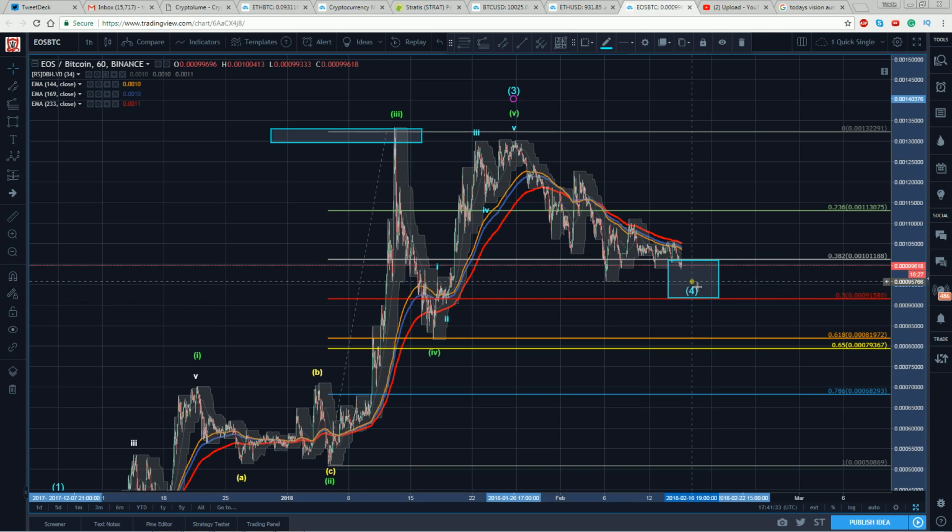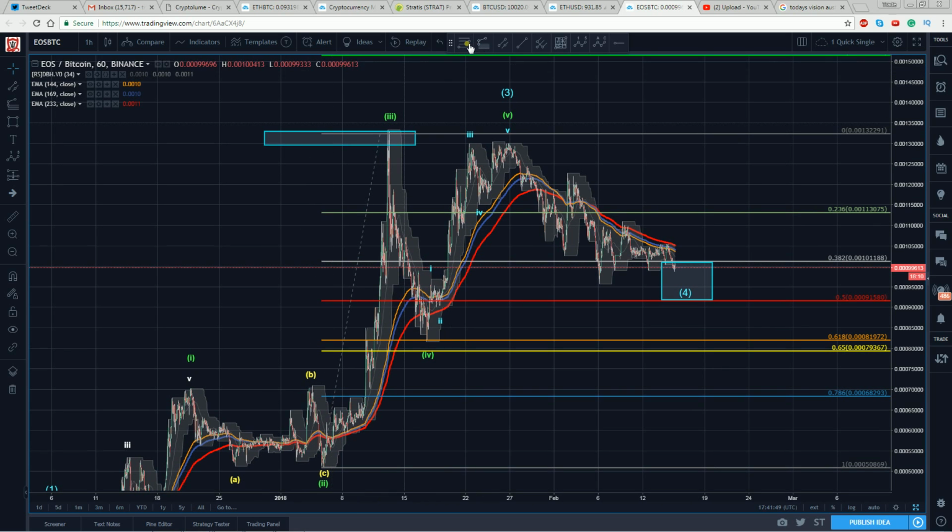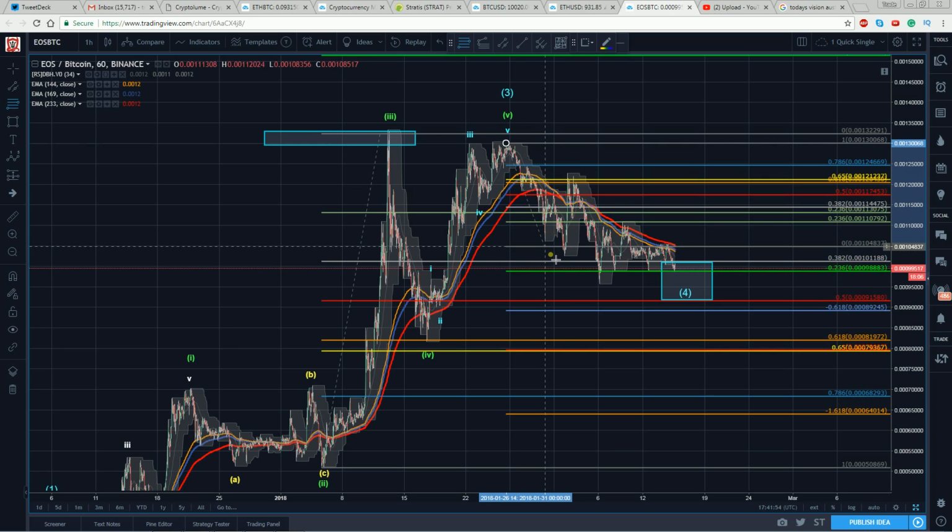Now, where are we going now? Well, we got to do the same thing on the way down. If this is a 3 and I'm looking for my 4th, I know the zone that I want to find it in. Can I use any Elliott wave or algo pulls here to give me a sense of where I'm likely to look for that bottom? So doing the exact same thing, I'm just going to go to my fib tool. Now I'm going to work from the absolute high here. I'm going to go to my swing low.